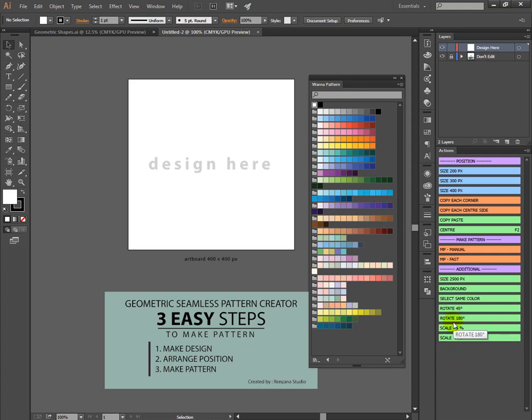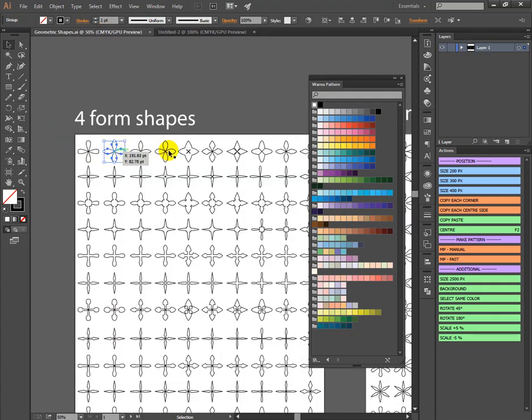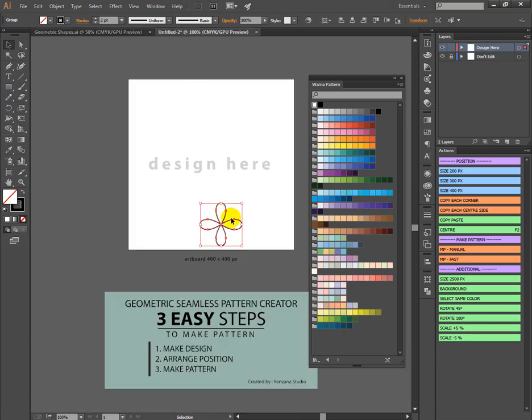Okay, let's start to make pattern. At the below of the artboard, there are the clue for make pattern. There are three steps. First, make design. You can skip this action because you have 1300 shapes. So I will choose this one, copy and paste, and then go to second step, arrange position.